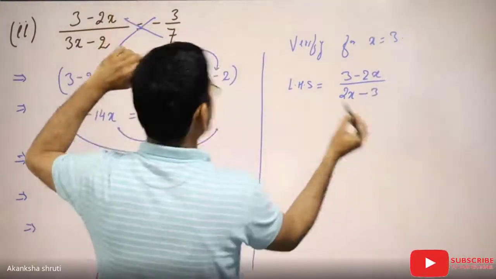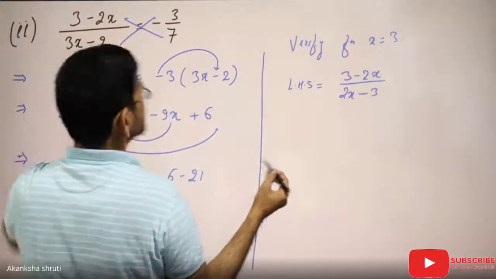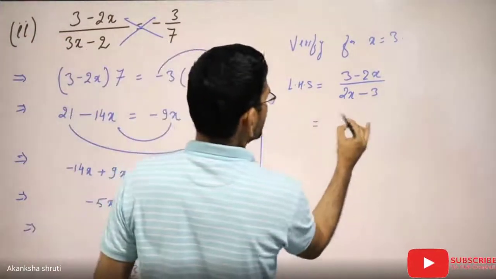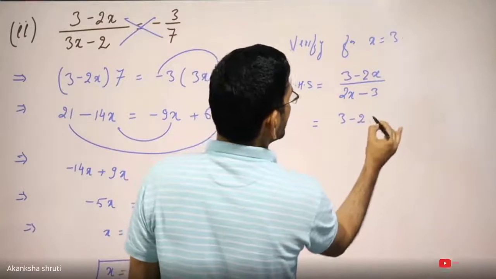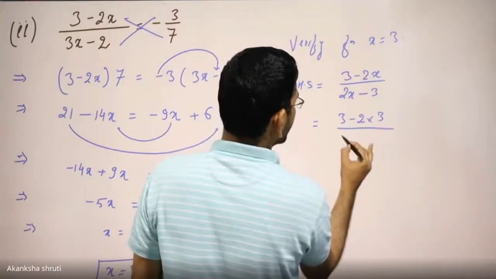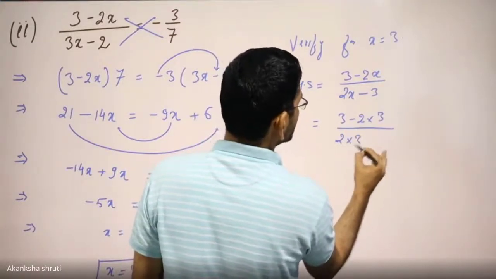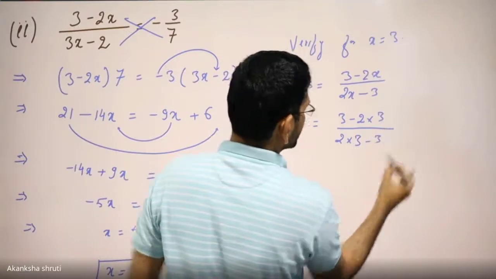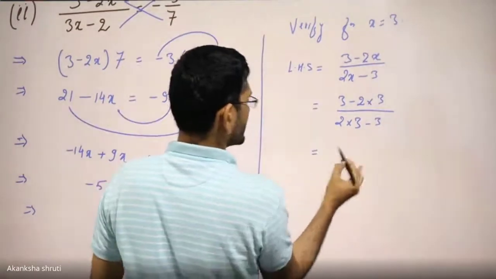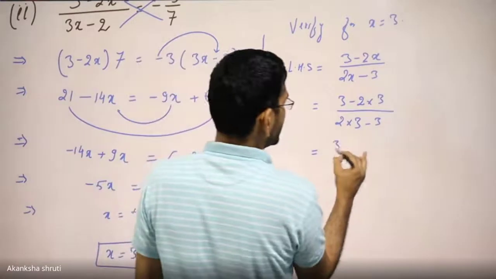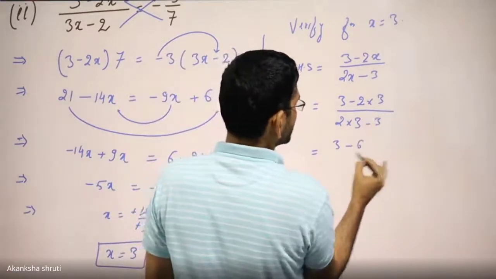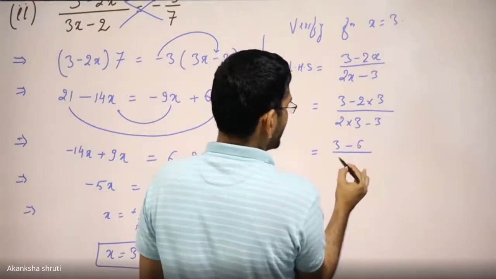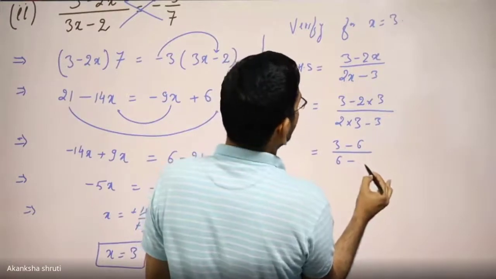So we need to substitute the value of x in this LHS. So it is 3 minus 2 into 3, divided by 3 into 3 minus 2. This gets converted. 3 minus 3 2s are 6, divided by